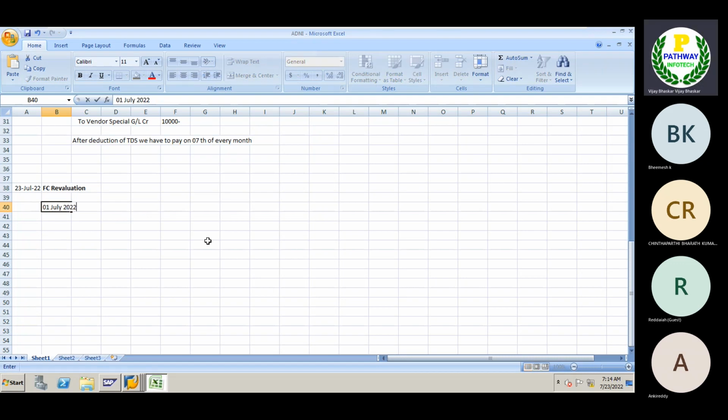I will give you a small example: 1st July 2022. Also remember, the foreign currency revaluation is applicable for GL accounting, vendors and customers. Remember, I will explain it to you, maybe from the beginning once again. The FC revaluation is